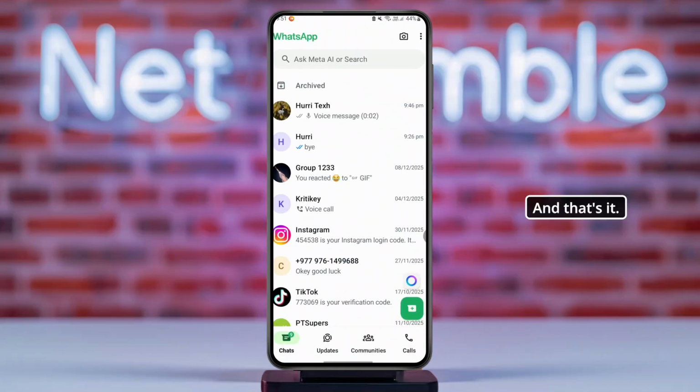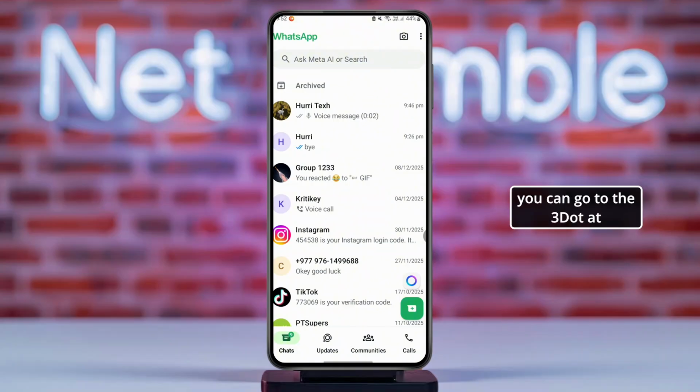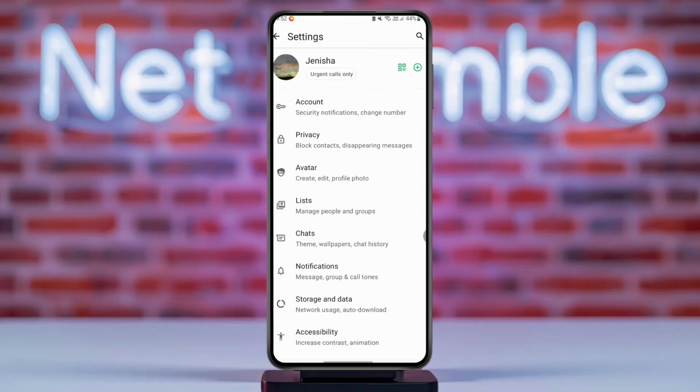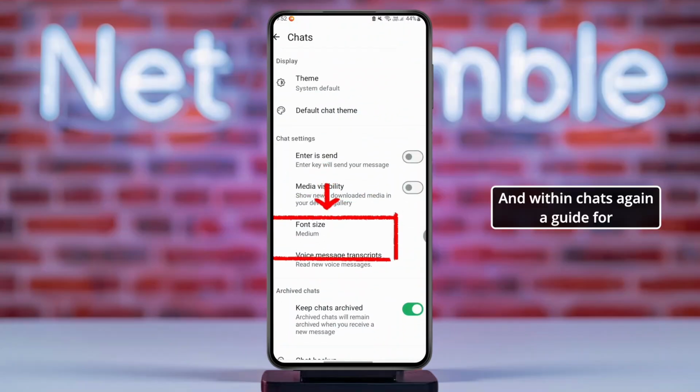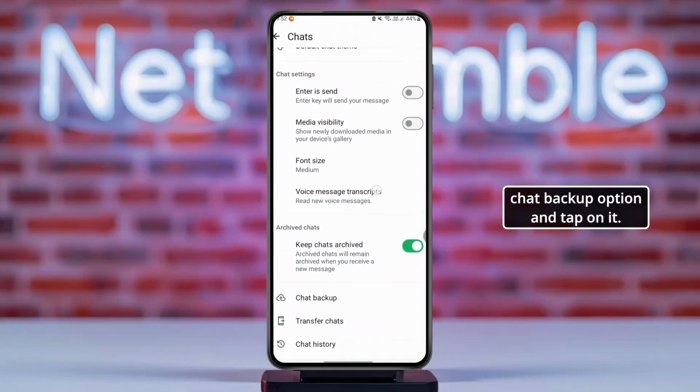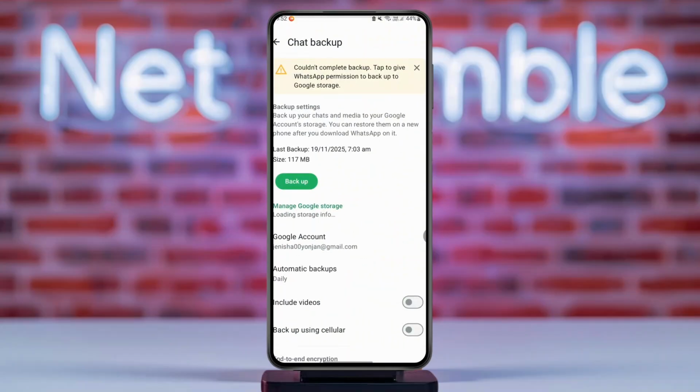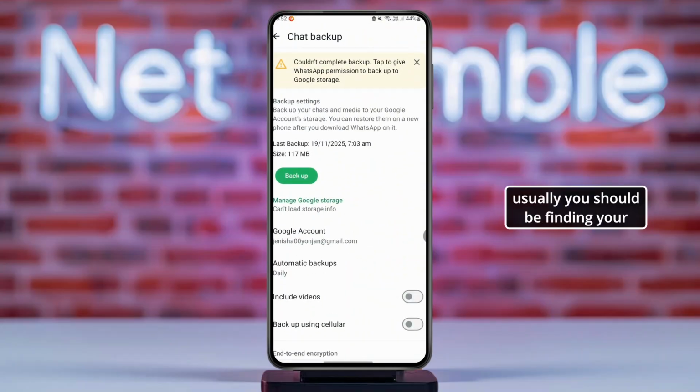And that's it. Apart from that, what you may do is you can go to the three dots at the top and again access your settings and look out for the chats option. And within chats, you can look out for the chat backup option and tap on it. And when you head over here, usually you should be finding your Google account, which might be linked to your Google Drive account. So you just need to toggle that switch on